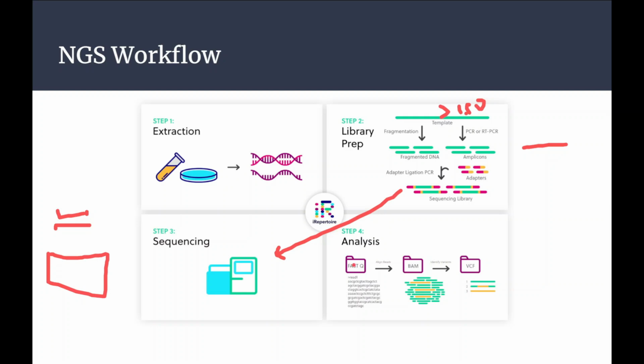So we start with the raw data coming from the sequencer, and this raw data basically consists of the sequence and the quality of the sequence. As of now, we still don't have all the information. We only know the reads and the sequence of the reads. We are not aware which genomic region in the chromosome these reads are present on, or where in the entire genomic region they are going to map. As of now we are not aware of that.